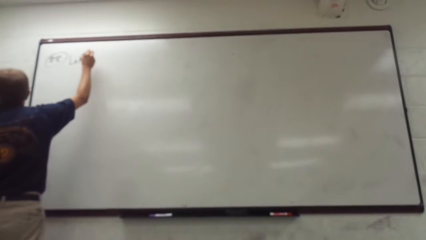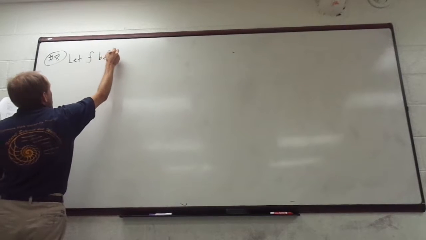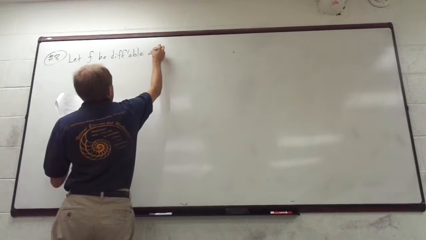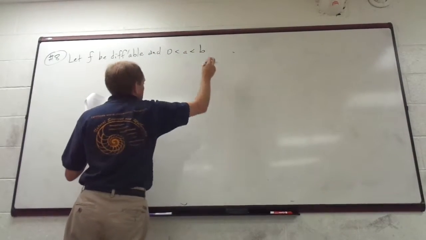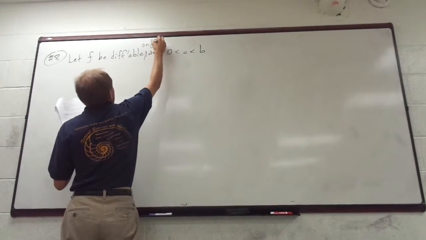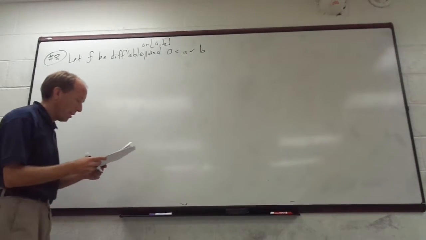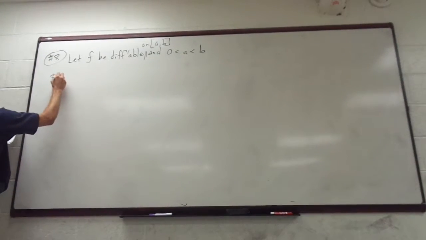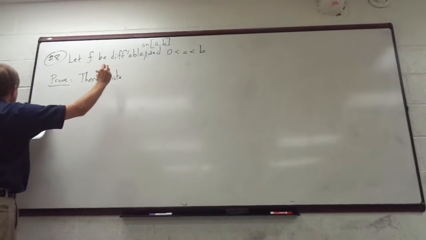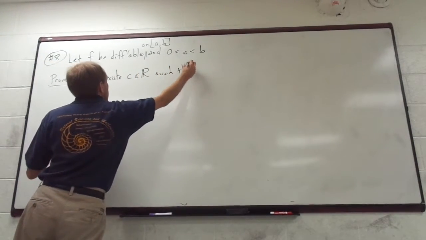Okay, so let f be differentiable, and 0 less than a less than b. Now let's just say f is differentiable on the closed interval ab. We'll just use that. So suppose that f is differentiable on the closed interval ab. Prove that there exists a c in the real numbers such that